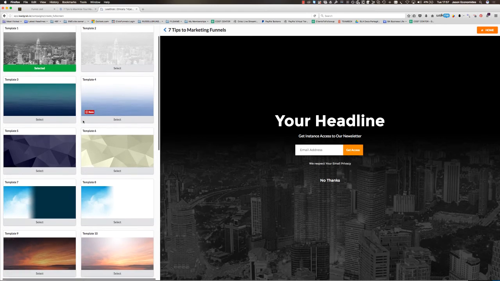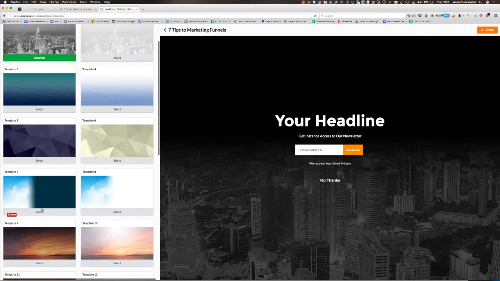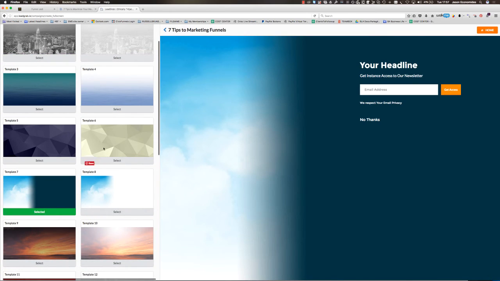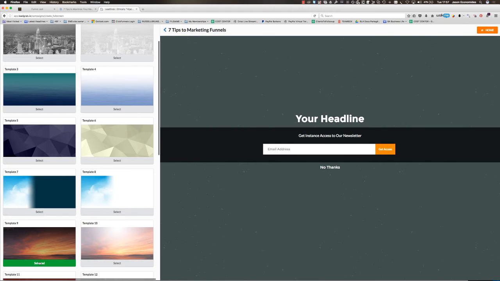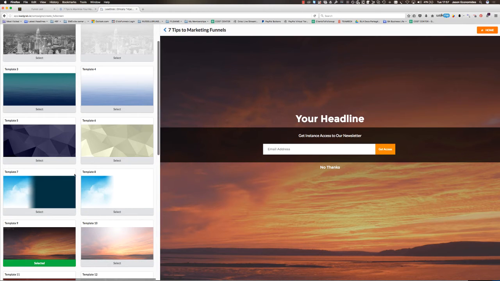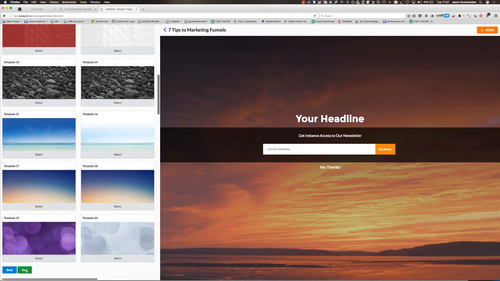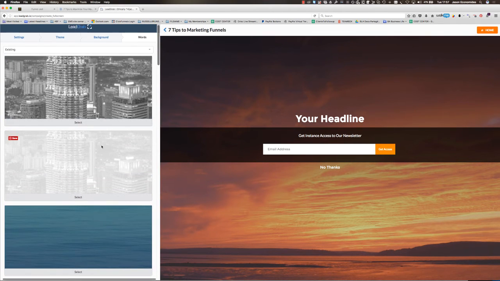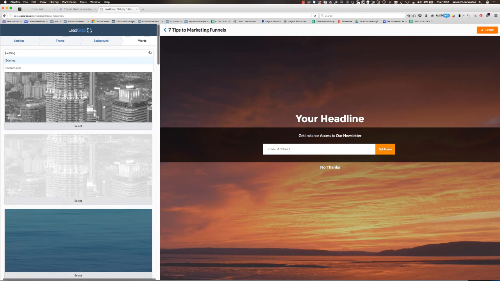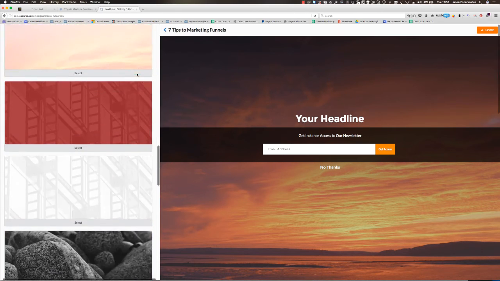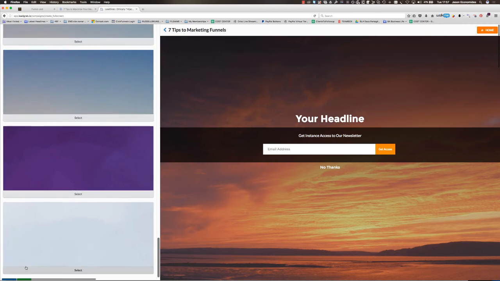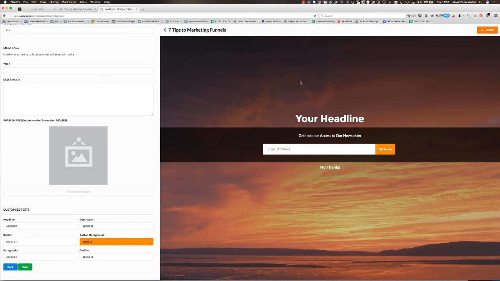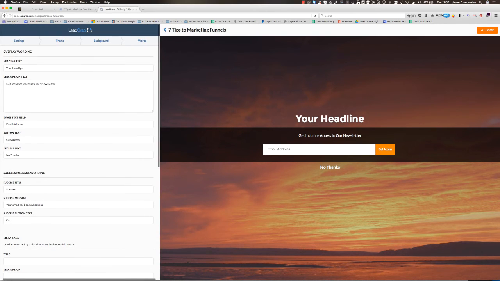Then we can put a background that will come up, and we can use that one, or maybe this one's a bit nicer. So we do that. So this is just the background for this one. That's okay. We're going to just go on to the next page here. Next, now we can actually customize what comes up on here. So we will put, get Russell Brunson's